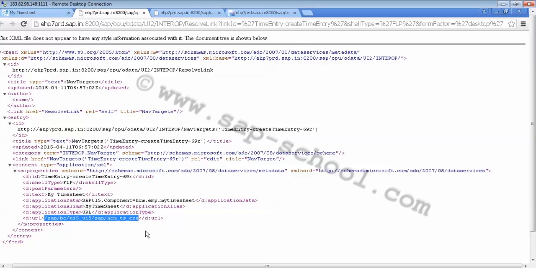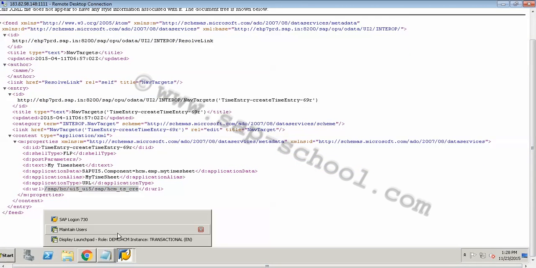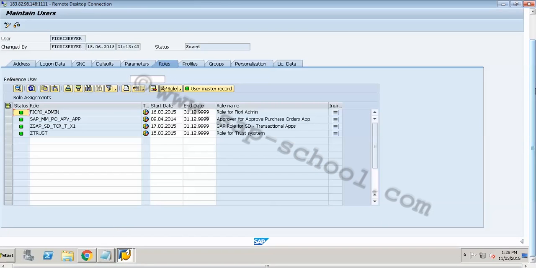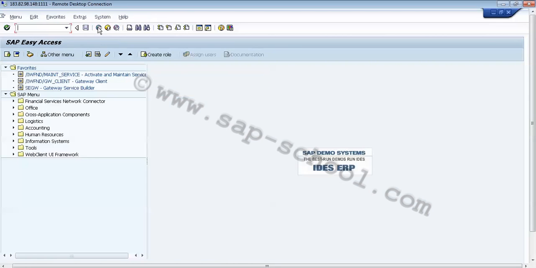So my UI2 interop OData service call gets the app detail information such as the app URL. After that we will check the app UI code. For this we have to go back to my backend system and go to the SCAT transaction.